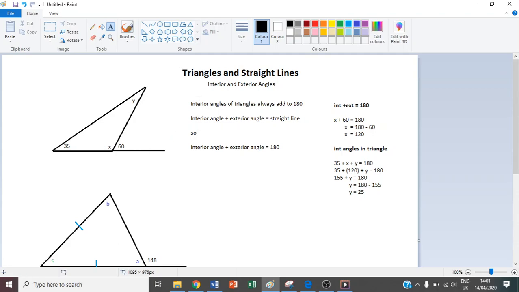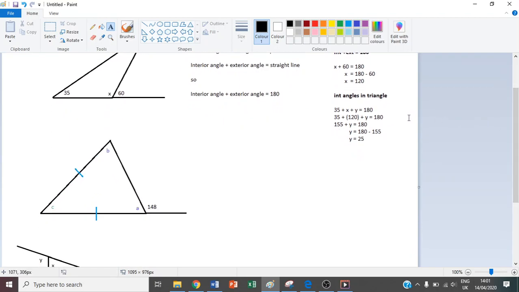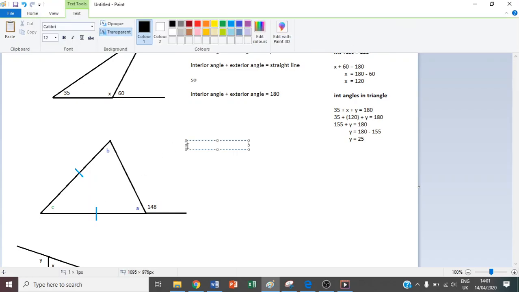Okay, so we've got our rules up here, and those are really the only rules we're going to need for this exercise. However, there are different types of triangles that we might apply them to. This triangle here, for example, notice I made it really clear in blue that there's markings on each of these sides. That means that they're the same length, so that makes this an isosceles triangle. I'm going to put this in blue if I can. Isosceles